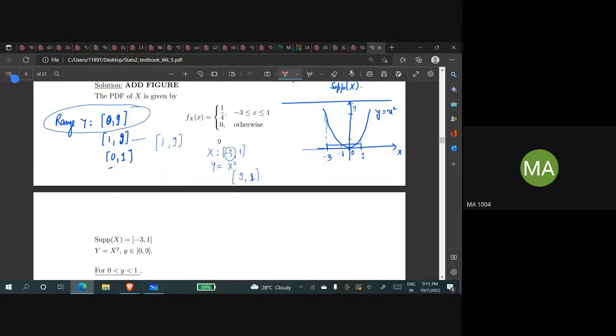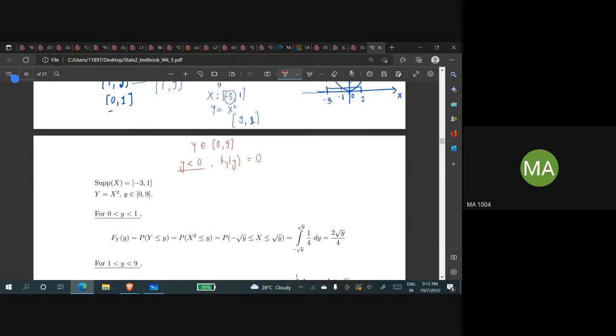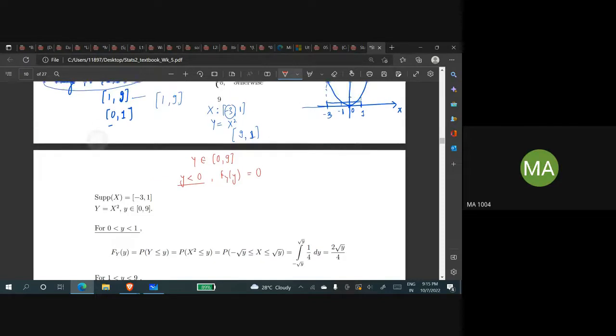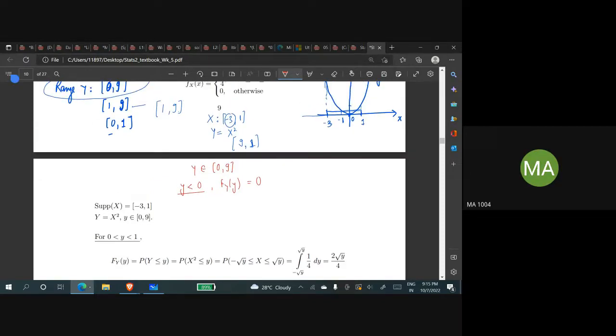So how do you find the CDF? You know that y belongs to this range 0 to 9, all right? So if you take any y that is less than 0, then F_Y of y is 0, this is right. Now of course, if y lies between 0 to 1,